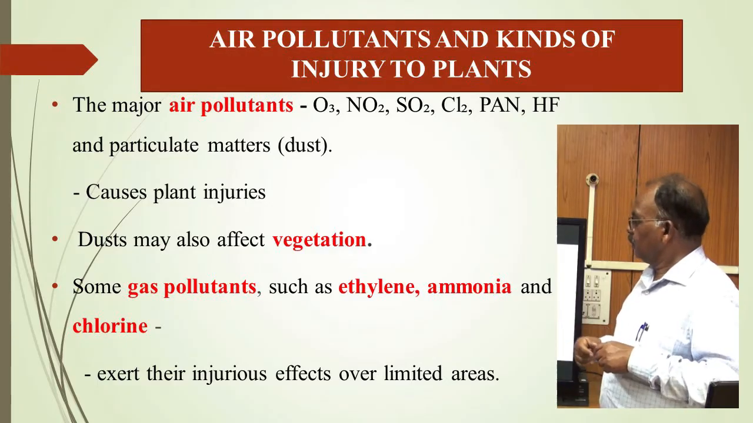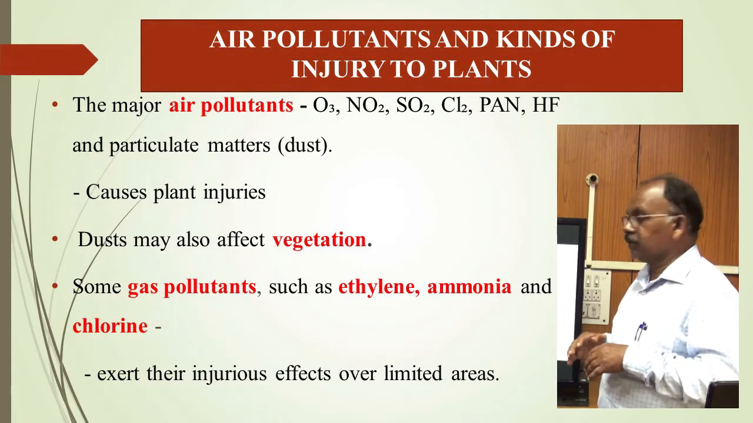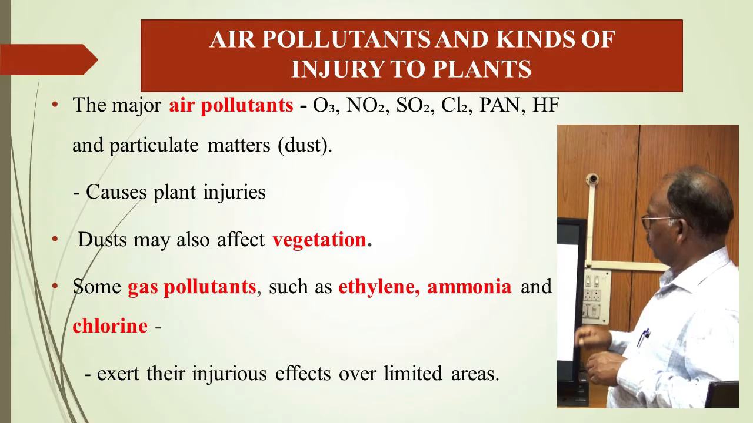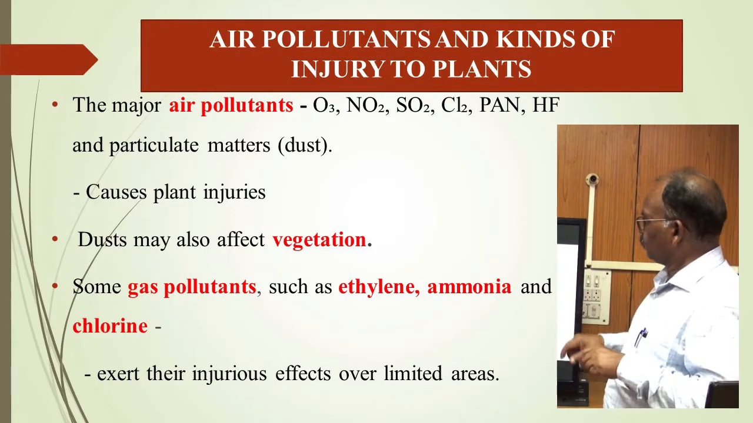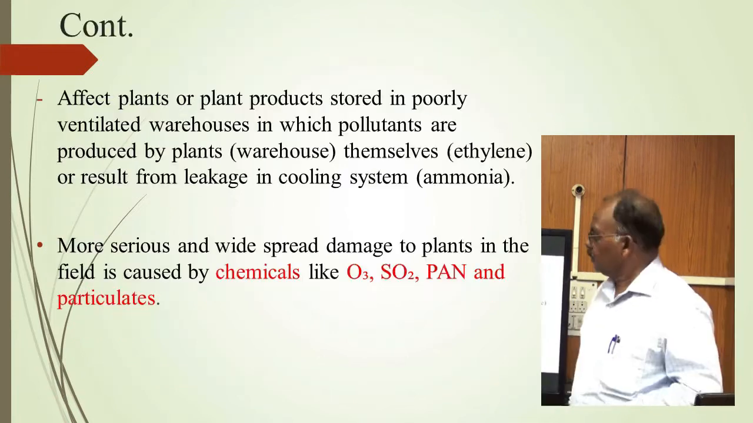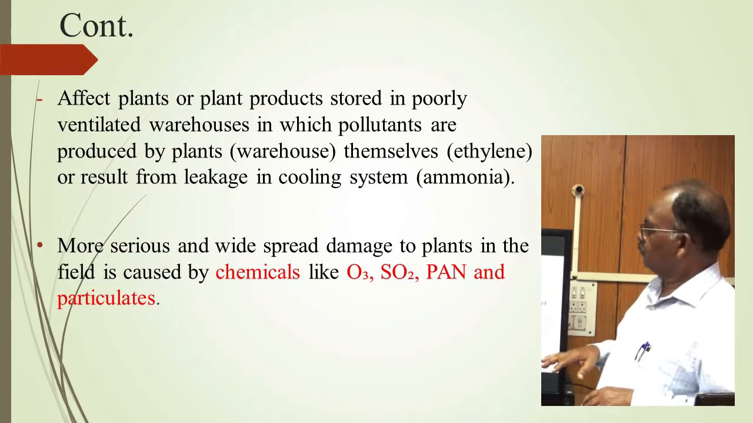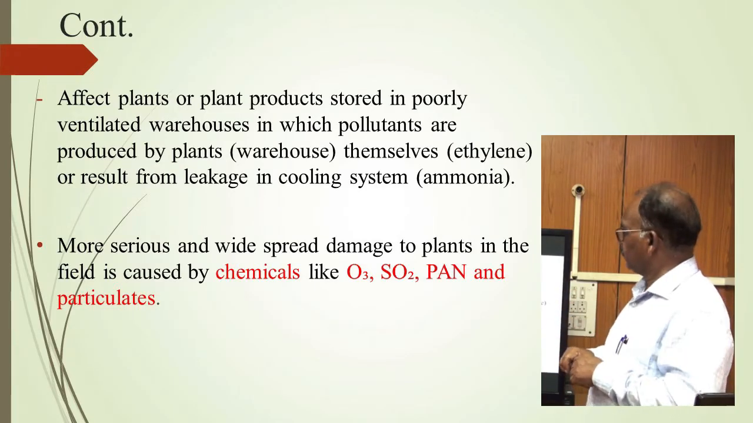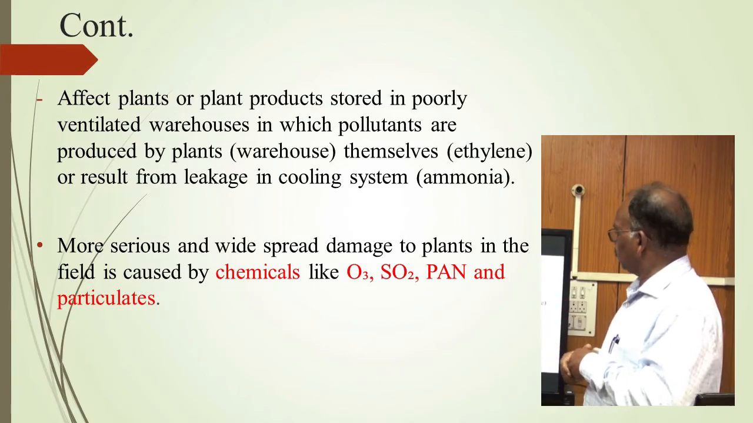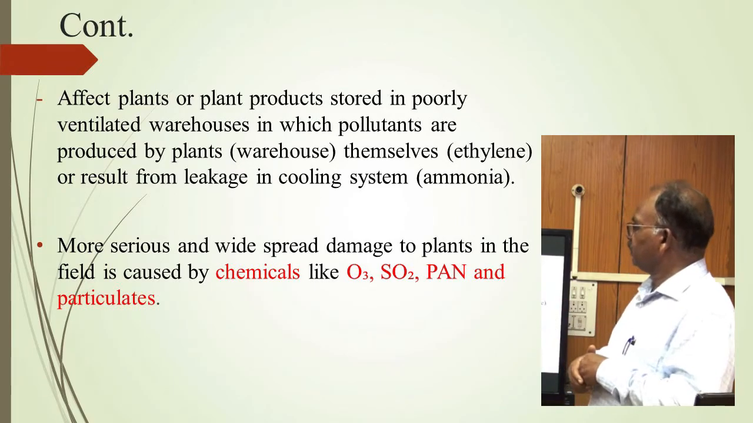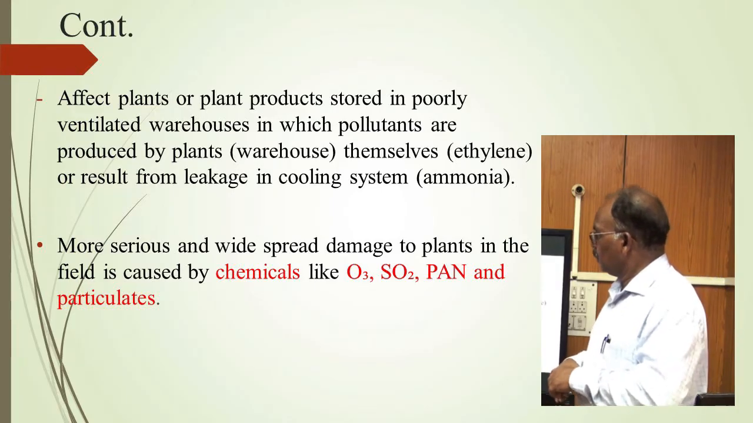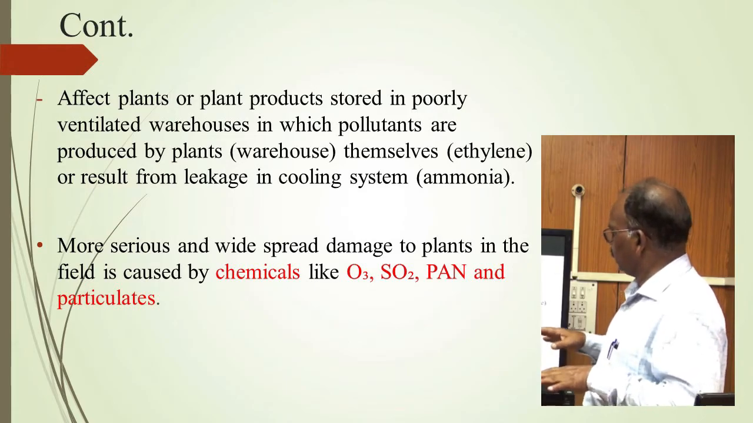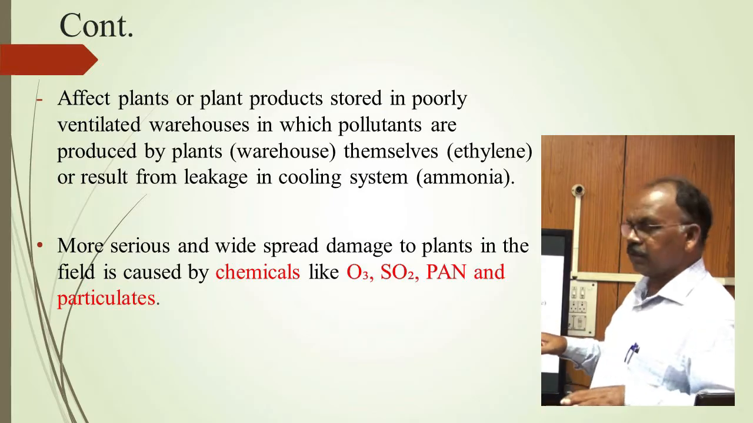Dust may cause plant injuries or also affect vegetation. There are some gas pollutants such as ethylene, ammonia and chlorine. These gas pollutants also exert their injurious effects over limited areas. It also affects plants or plant products stored in poorly ventilated warehouses in which pollutants are produced by the plants themselves, or result from leakage in the cooling system. There are some chemicals which cause more serious and widespread damage to the plants, such as ozone, sulfur dioxide,